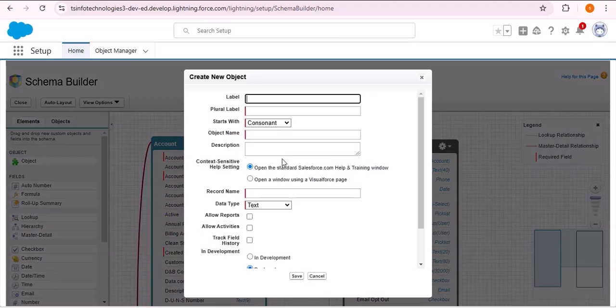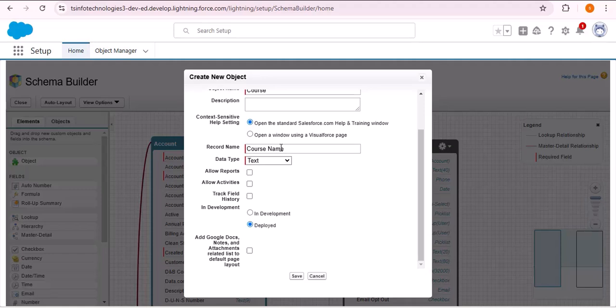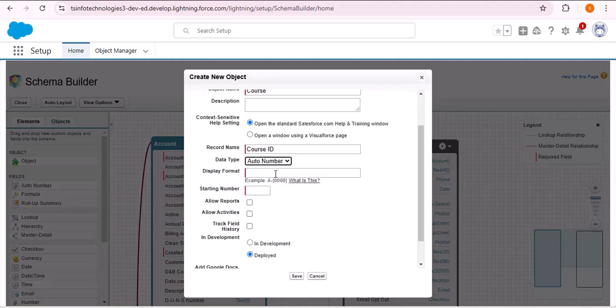And now I am going to create a new custom object. For that, in the label, I am providing course. In the plural label, again course. After that, you can provide the description if you want to. Then scroll down. Here you can see we have record name. Here I am changing from course name to course ID. In the data type, I am selecting auto number. Display format, here I am providing